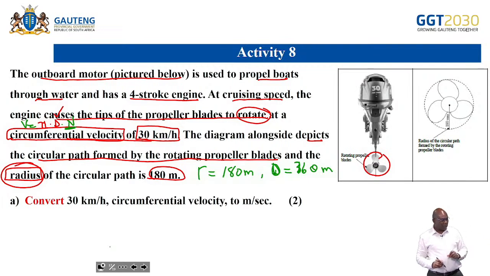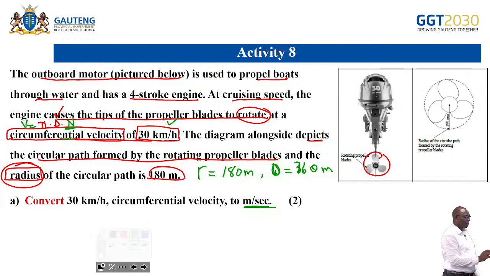So now the question says, convert 30 kilometers per hour, which is a circumferential velocity. Remember, this is a circumferential velocity, to meters per second. So you can see the conversions are very important. So I need to convert that to meters per second. So now how am I going to convert first to meters? So if I want to convert